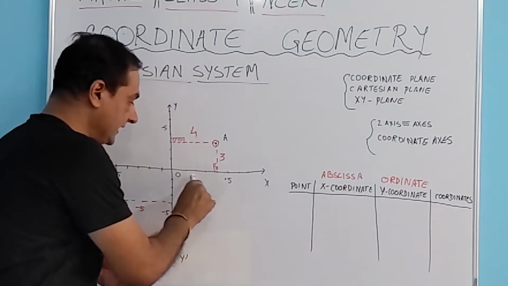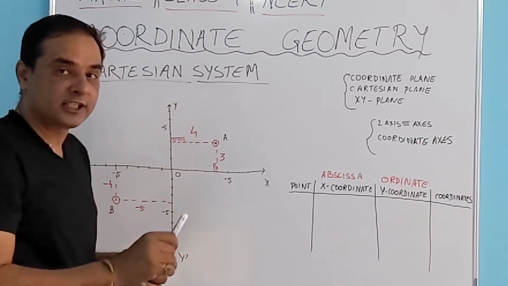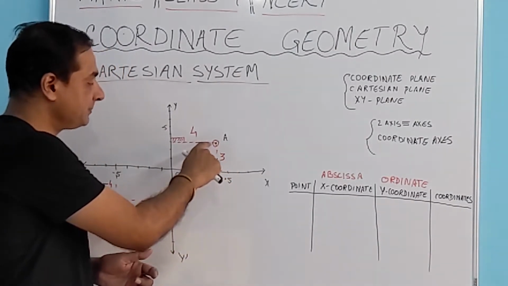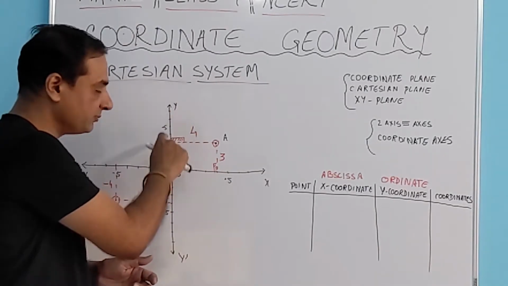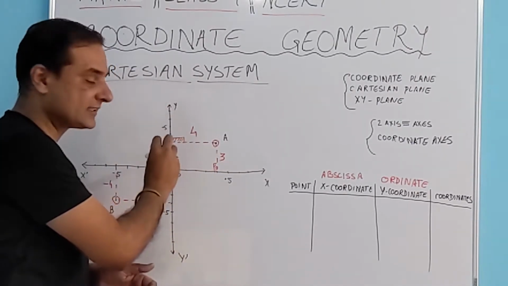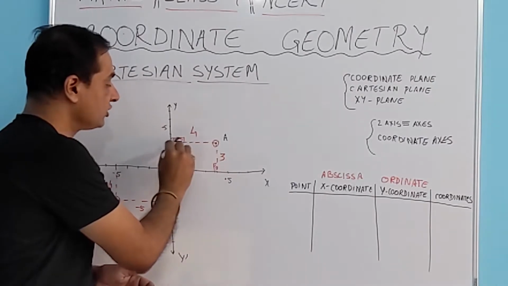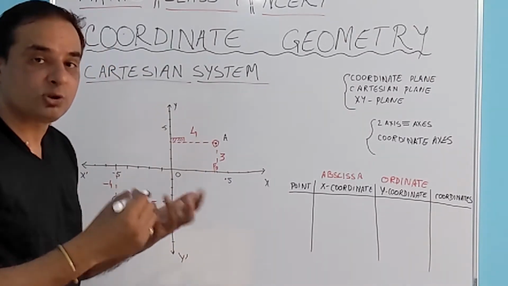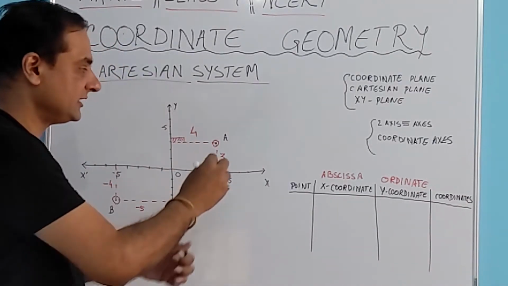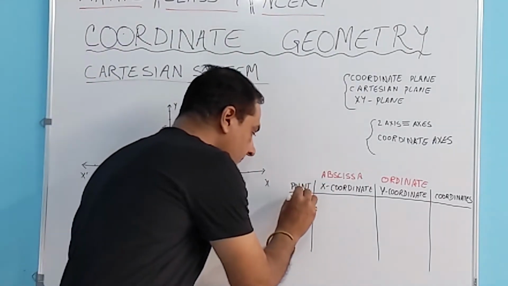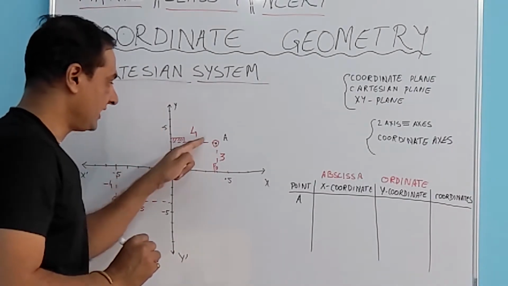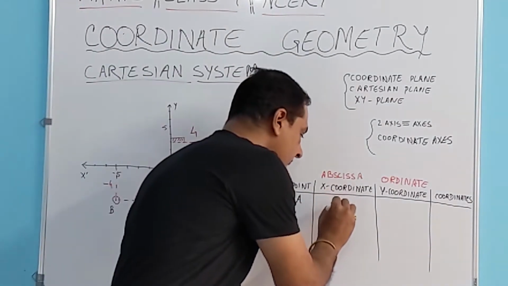So for A we need to find the x coordinate and we need to find the y coordinate. How do we do that? The x coordinate for a point is actually the perpendicular distance from the y axis. So from this point, if we draw this line which is perpendicular to the y axis, you see this is a perpendicular line. So this length is known as the x coordinate, which comes out to be 4 in this case. So we just write all these understandings over here. For point A, the x coordinate, which is the perpendicular distance from the y axis, has value 4.